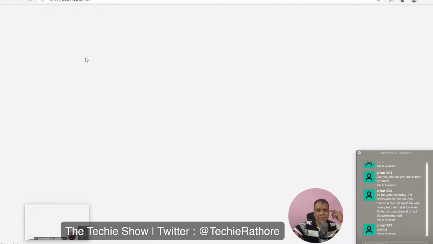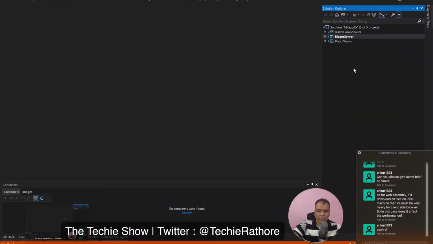So this is a standard Blazor project, but the difference you will see is from the default Blazor template which comes with Visual Studio. In this Blazor server application, we don't have many folders.